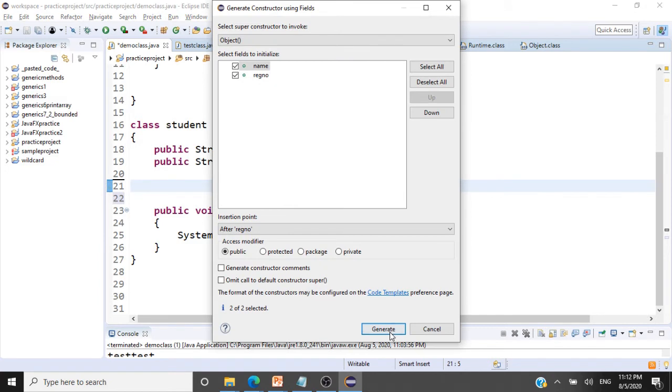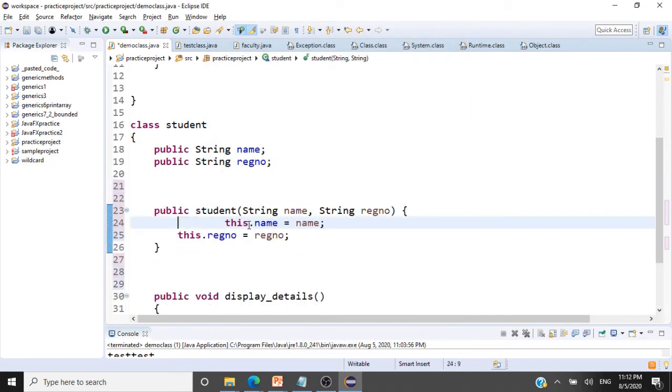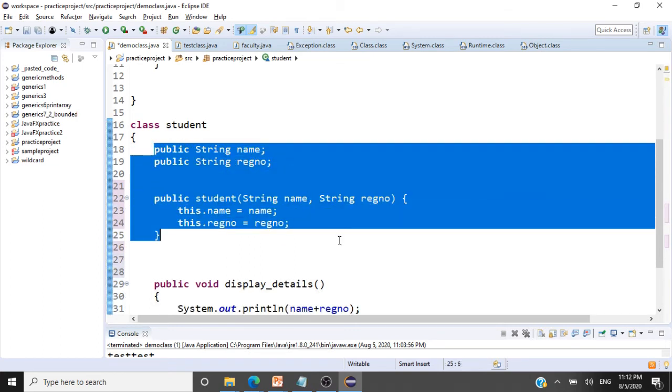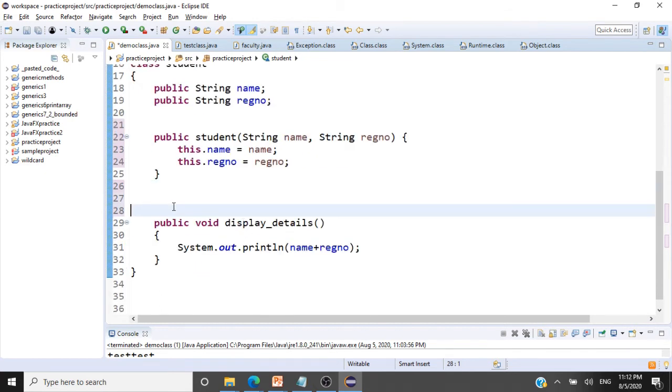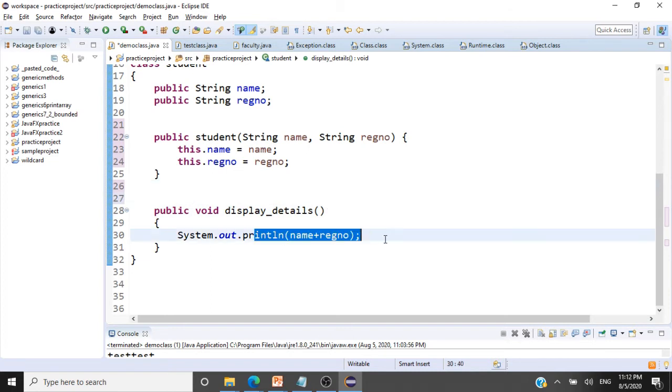So let's have parameters here. Now we have a parameterized constructor. This class is a very simple class. We have Student, a parameterized constructor, and a method to display the details of the student, that is name and registration number.